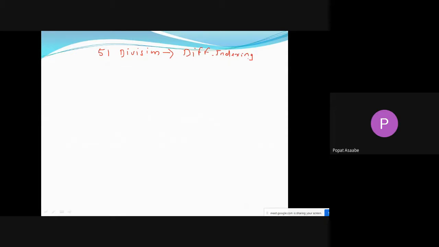Then what is our first step? First of all, we have to assume the nearest or closest number to the given division. It is denoted by A. Suppose I assume 50 as the closest number, and capital N means the given division, that is 51. That is the first step.